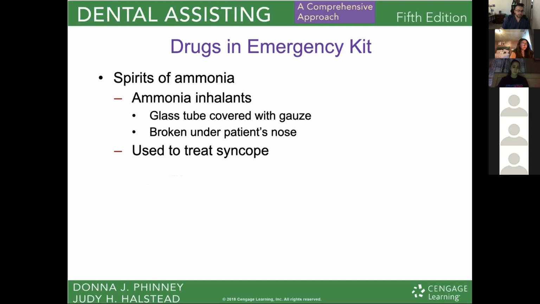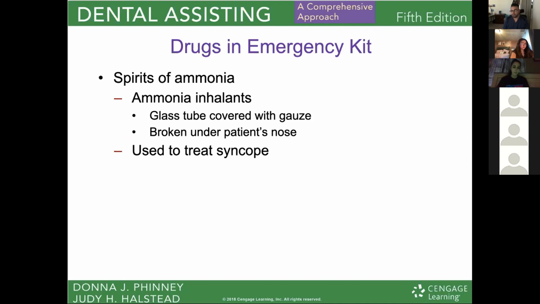Okay. Spirits of ammonia are used to manage syncope, which is a fancy term for fainting. Ammonia inhalants are used, and they should be taped to something in every room. So every operatory should have an ammonia inhalant, usually taped to the top of the light or on the patient chair. And it's usually a glass tube that's covered with gauze. So if a patient faints, you'll want to break it